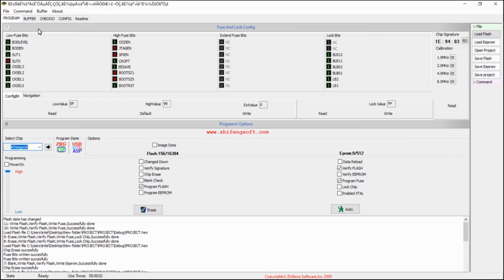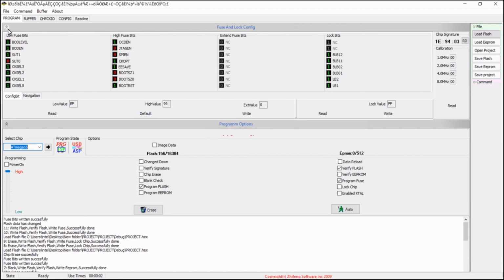Go to the fuse and lock configuration bits tab, and here set clock selection 3, clock selection 2, clock selection 1 and clock selection 0 to be 1. These 4 bits must be 1 for selecting the external crystal oscillator. And now click on this write, and you can see the fuse bits will be loaded.